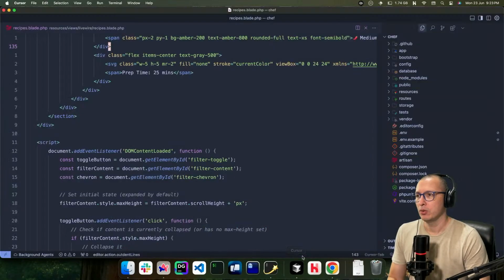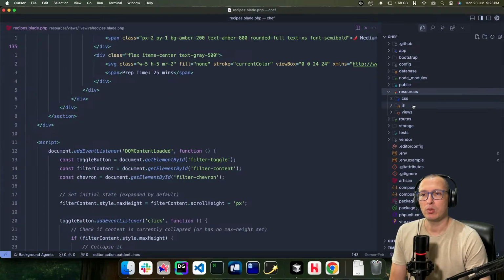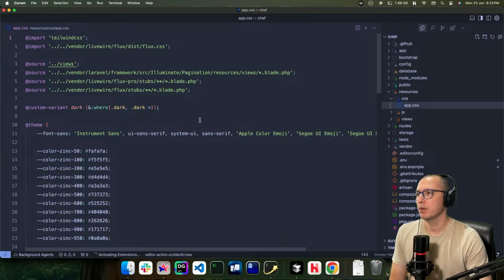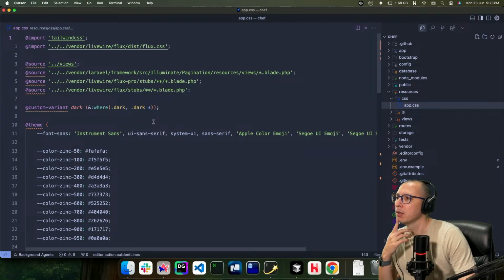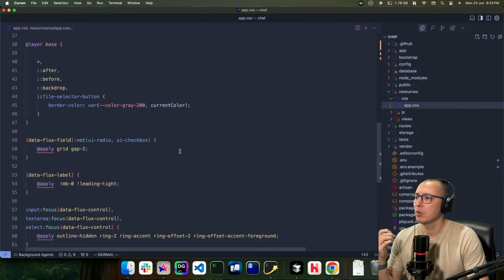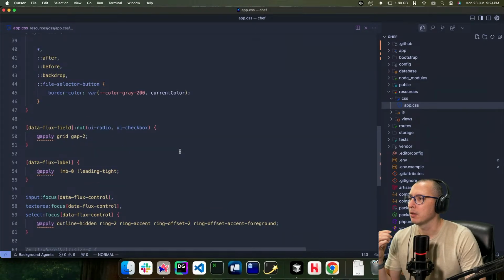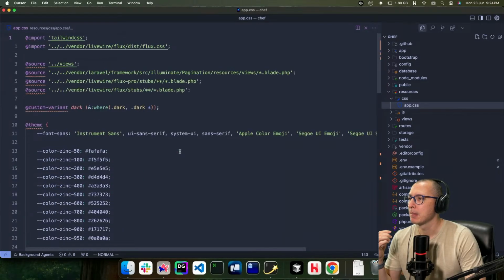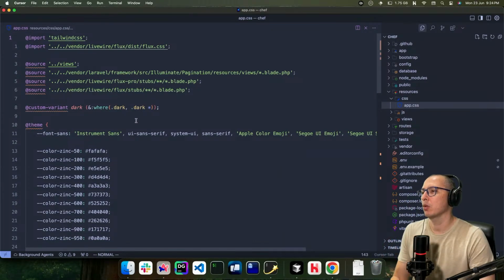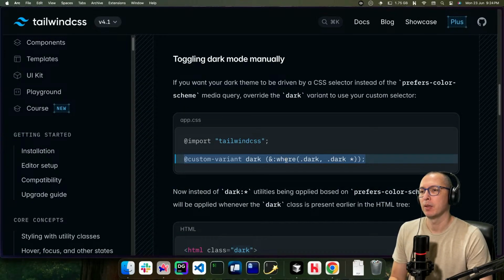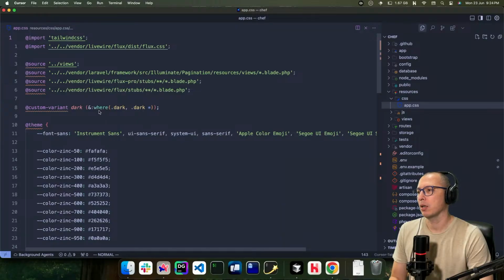So now you just have to open resources, CSS, app.css. Yeah, there's a lot more things in here than they used to be. Interesting. There it is, custom variant. It's already there. The dot dark.